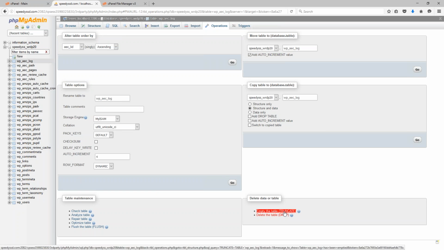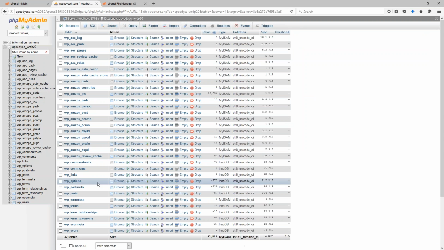This would clear all the records out of the table, but you would have to go one by one and clear every single table in the whole database. So that could be a little time consuming. It's not entirely necessary to do though. You could, if you just wanted to wipe the whole thing out and start over from scratch with your backup,